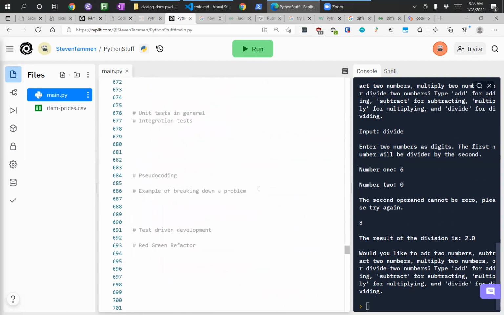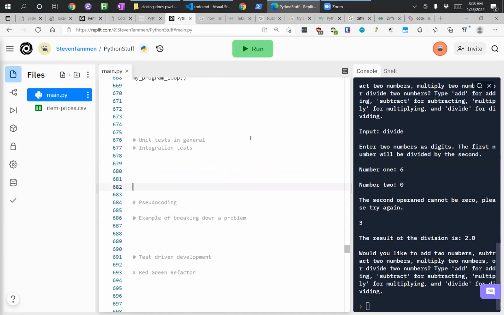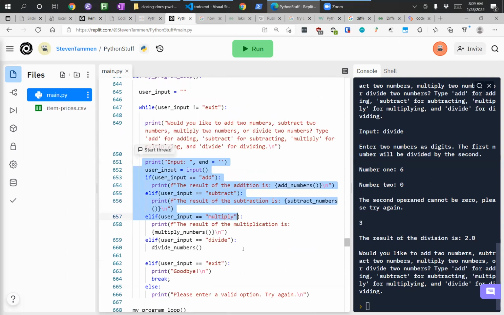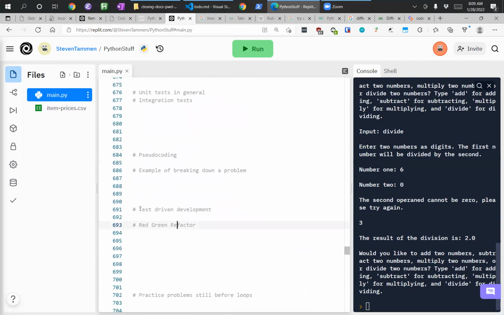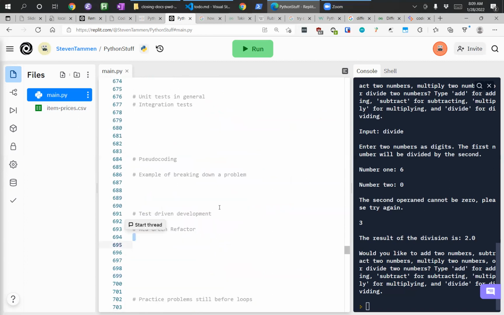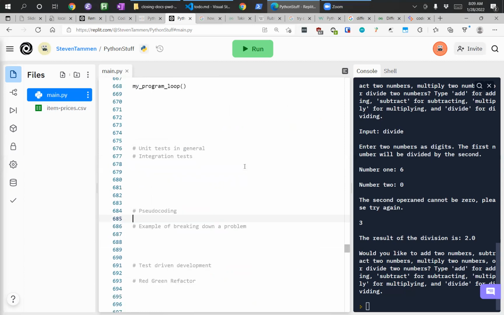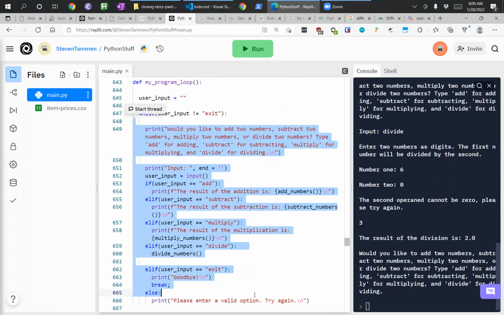And so test-driven development, red-green refactor, pseudocoding things out beforehand as much as you need to be able to figure out the function structure before you write code so that you can write the unit test for it, has the advantage of you always knowing your code's testability, of you always being sure of that state. And the reason I put it after pseudocode is because you need to understand what's going on in your process, what's going on in your functions, before you can break it down to be able to test it.